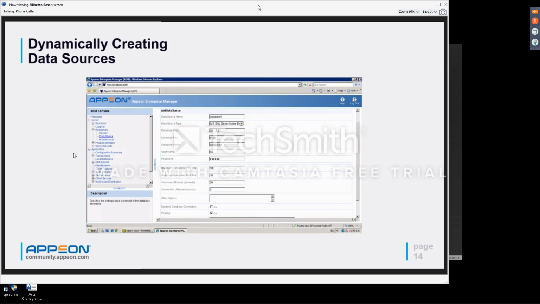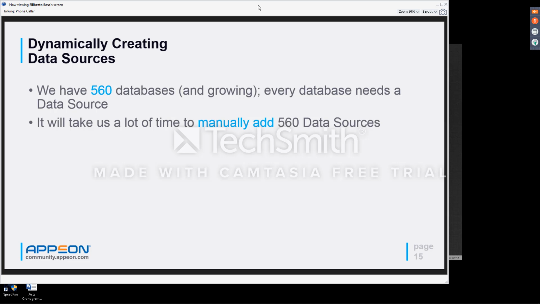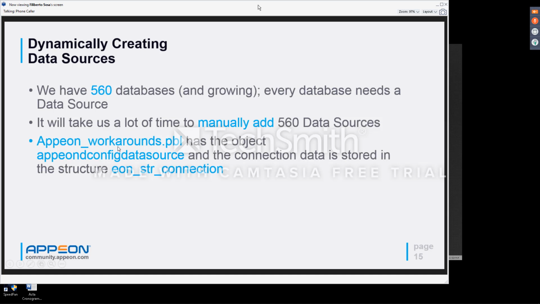But the thing is that we have 560 databases with all our customers, and we're growing. Every database is a data source, so it would take us a lot of time to manually add 560 data sources. So Appian provided an interface so we can create those data sources dynamically. Appian Workarounds has the object Appian dconfig data source, and the connection data is stored in the structure